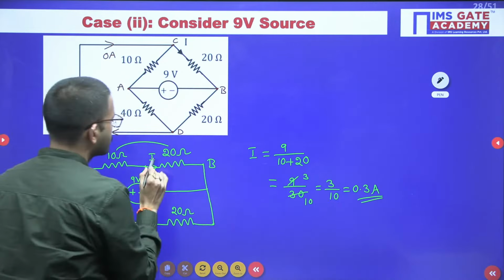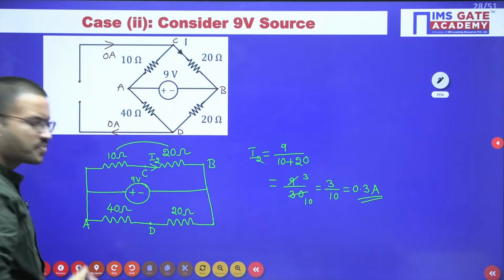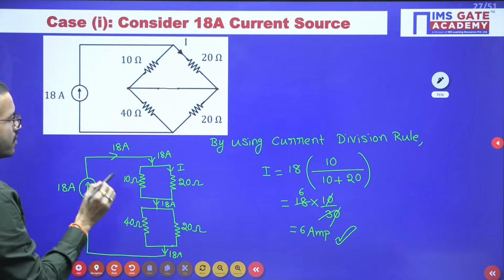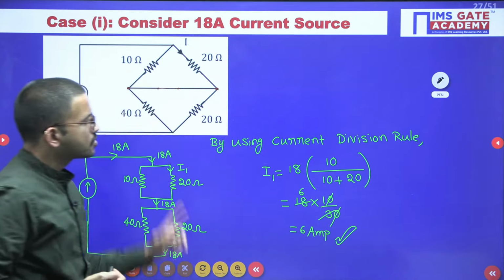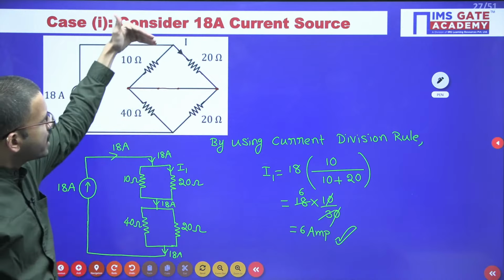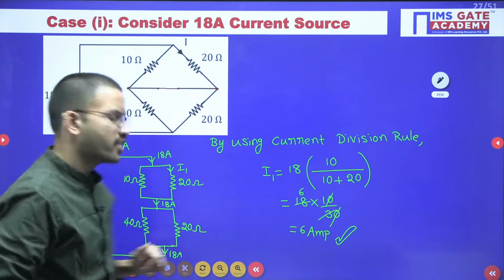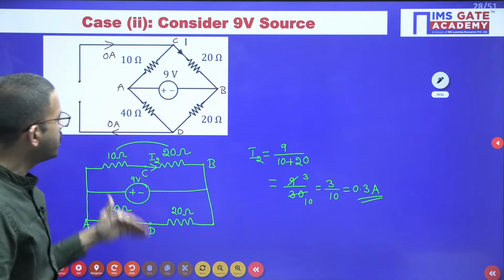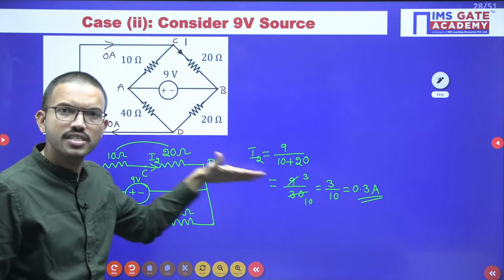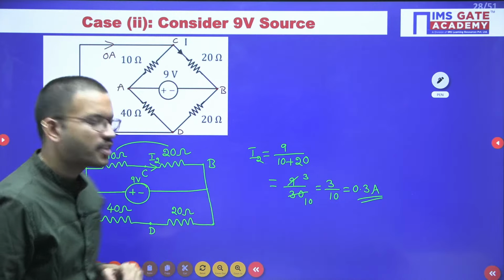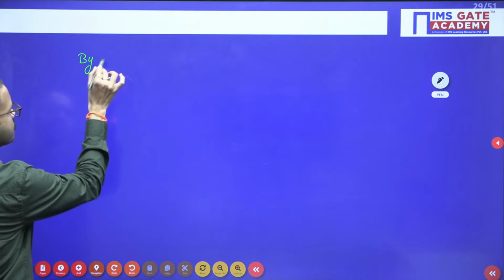So this is case 2. Here I am labeling it as I2 because I have mentioned case 2. Similarly, in case 1 whatever we calculated, for the timing I am labeling as I1. With respect to case 1, the current flowing in this 20 ohm resistor is 6 ampere. In case 2, the current flowing in the same 20 ohm resistor in the same direction, we got 0.3 ampere. Now all of you please respond, by using the superposition theorem,